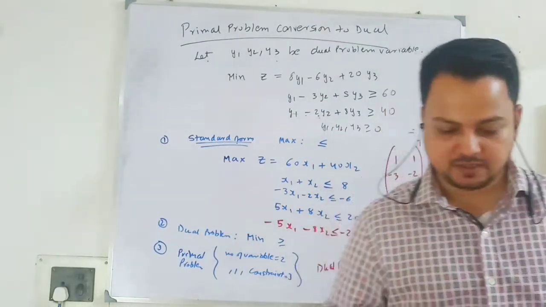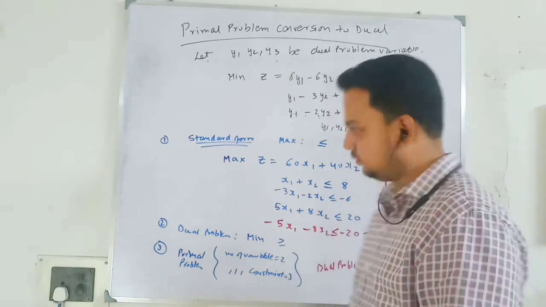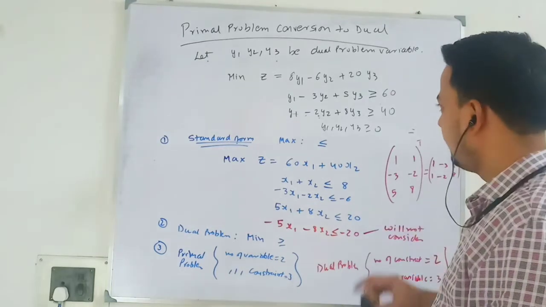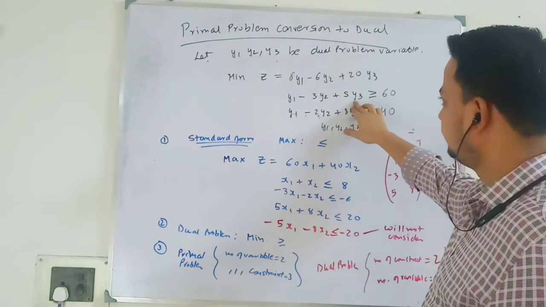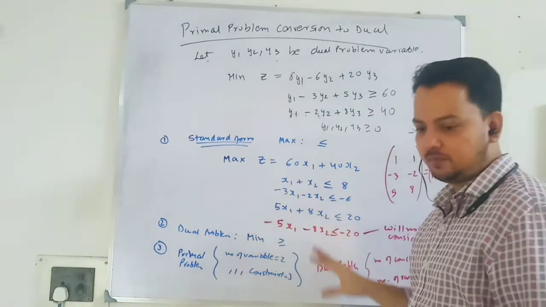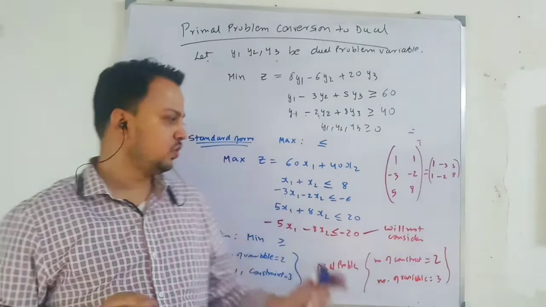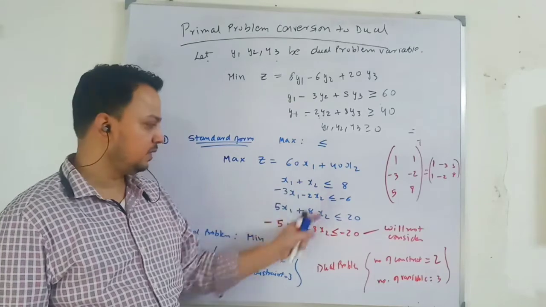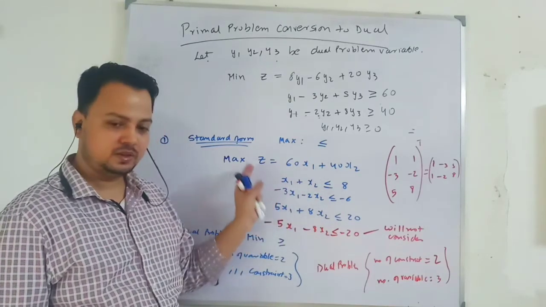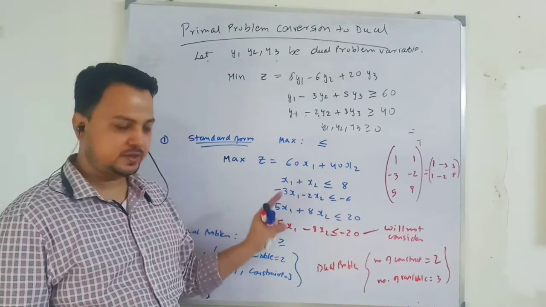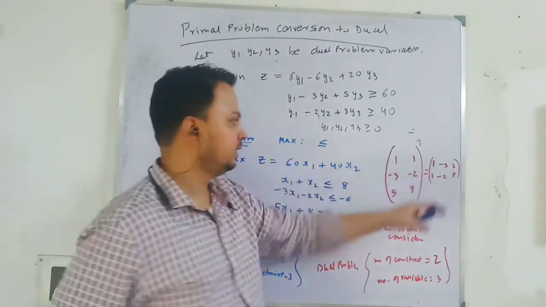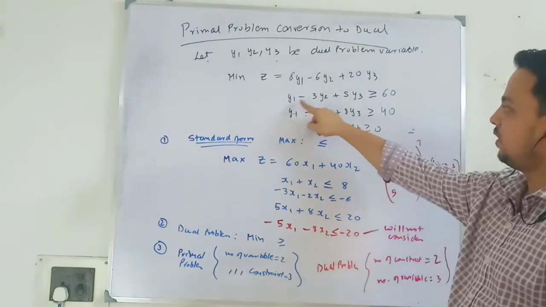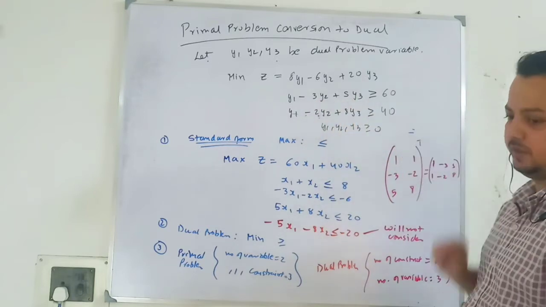Let's do one simple example. Done, everyone? These two equations. Okay. So whatever constant you have, look at the point number 5. In order to formulate the constant in the dual problem, we take the transpose of this one. We convert the constant that we have in the primal problem into a standard format, then we take the transpose of that one. So this is what? 1 minus 3 5. So I am writing y1 minus 3 y2 plus 5 y3.